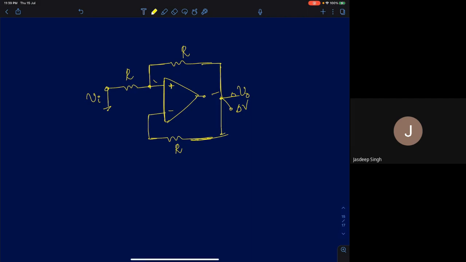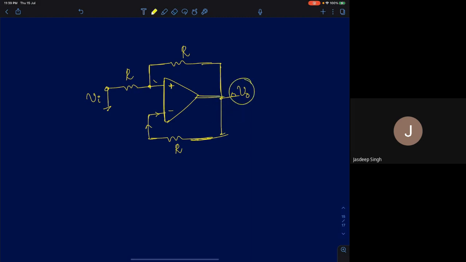If I increase this node voltage by delta V, at the input of the op amp no current flows through it, because the input impedance is infinity for an op amp. Therefore, this delta V will appear here as it is. But on the positive feedback side, since there is a potential division, you will have delta V by 2. Now, since the negative feedback quantity is larger, you can say this circuit is in negative feedback. So now we'll keep this point in mind and analyze the circuit.